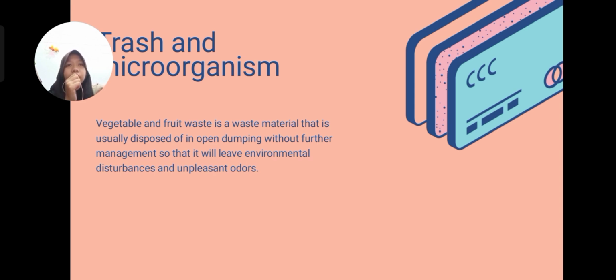The use of effective microorganism or EM4 to speed up the manufacture of liquid fertilizer is considered a technology because it aims to accelerate the fermentation process. Effective microorganism is a mixed culture of various types of beneficial microorganisms that can increase the diversity of soil microbes. Application of EM4 can improve plant growth.